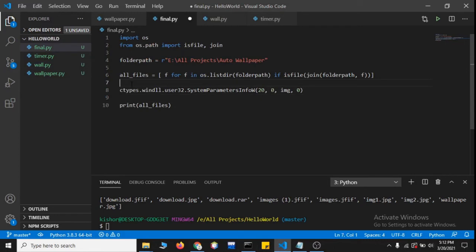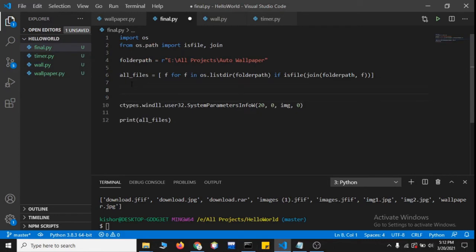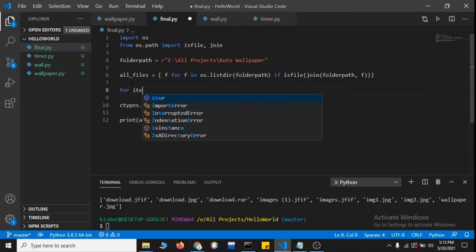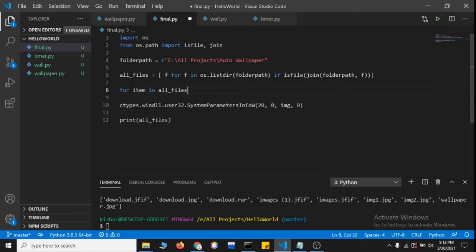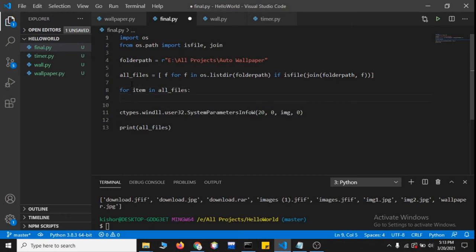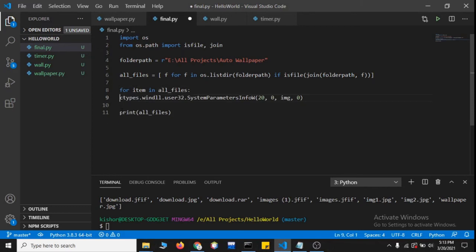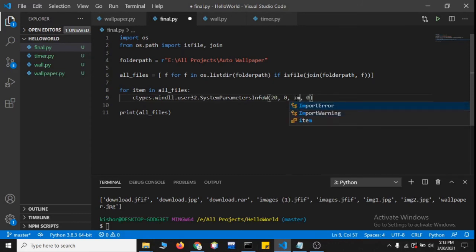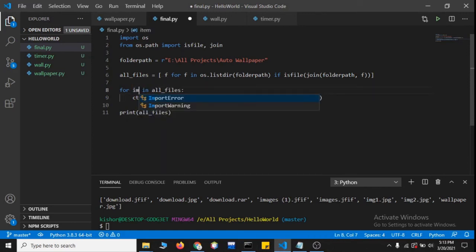Now we are going to iterate it, for all elements, right? For item in all files. And we are going to set this, and the image should be item, or sorry, we can go with image only. My mistake with this naming.